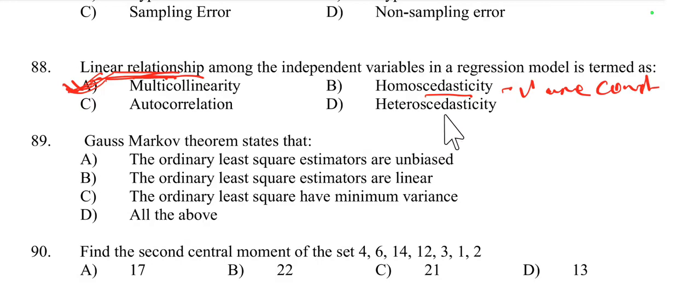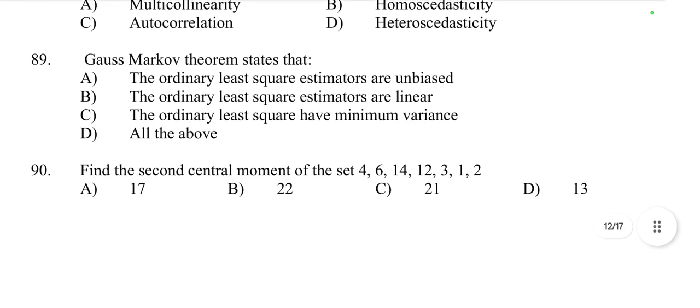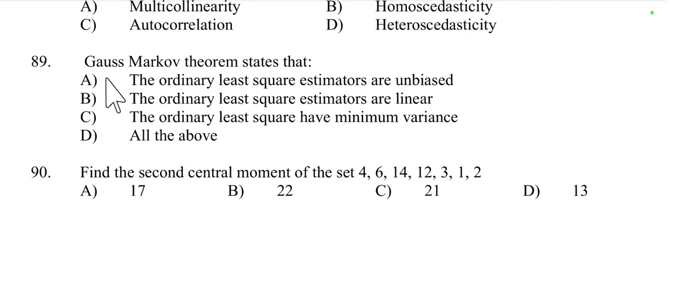Variance are not constant across levels of the independent variables. So these are the differences between the concepts. Linear relationship among variables is called multicollinearity. Then question number 89, Gauss-Markov theorem states that,